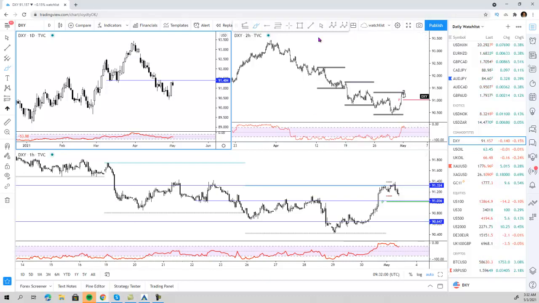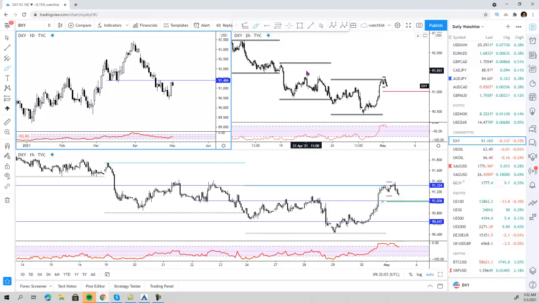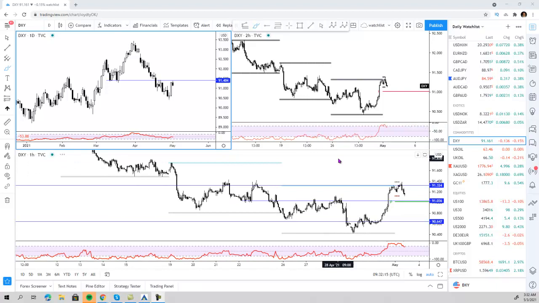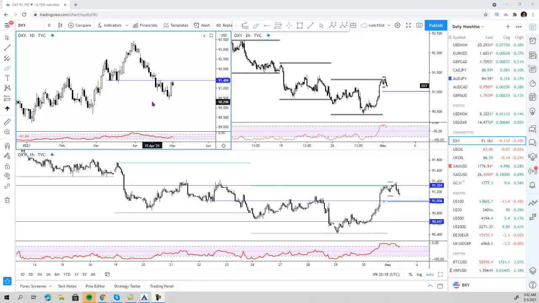with more stimulus coming from the Biden administration. Now, there's nothing much to say on the US dollar, but that we are expecting that move to the downside to the 90 level to retest the previous lows right here. Now that we have broken the 91.40 level, even though last Friday was a big bullish day